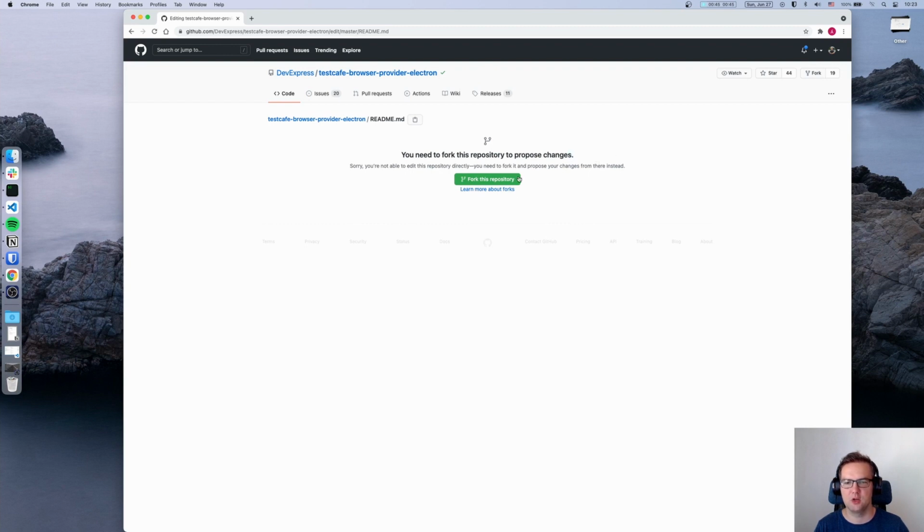So you basically are making a copy at this point of this original repository under your GitHub account, and you're making the change there, and when the change is done, you are creating a pull request towards the original repository. So let's just click this button here,